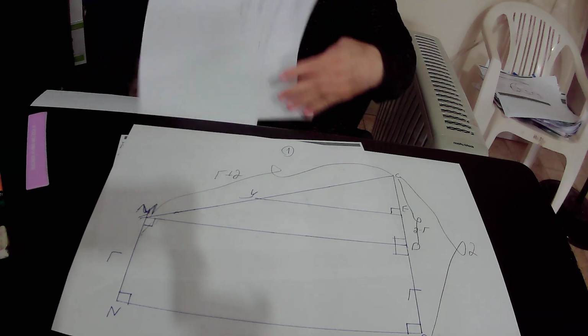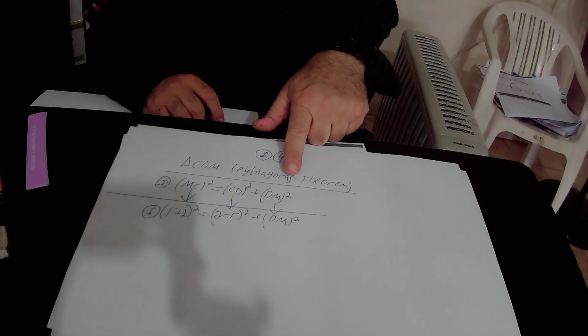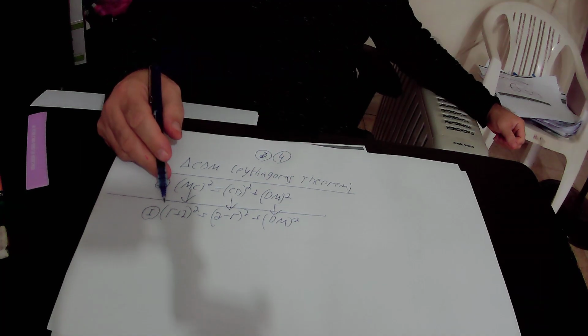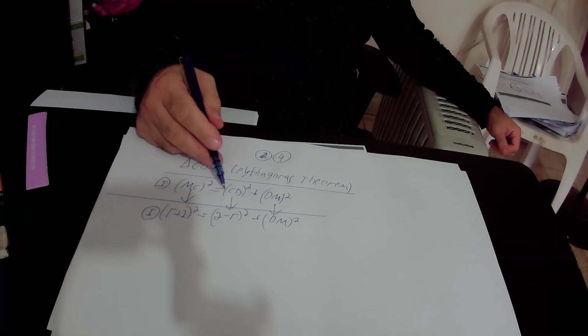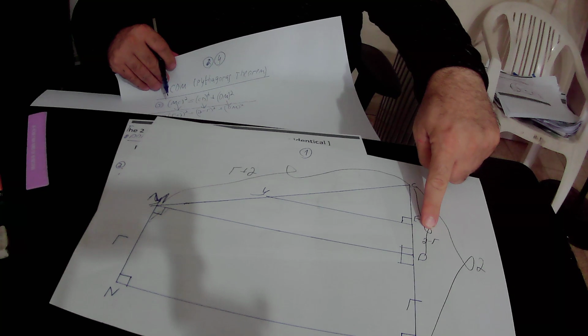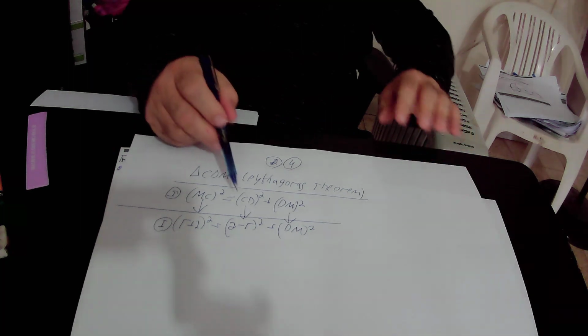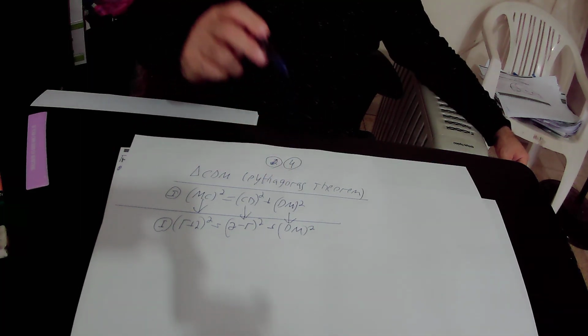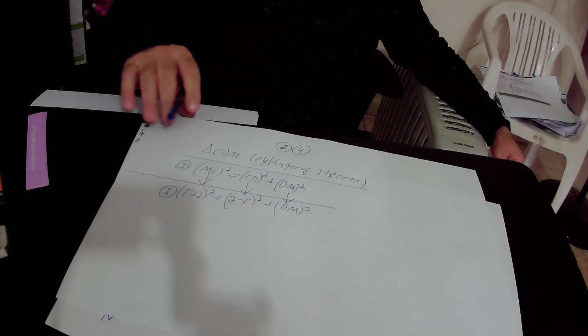I will repeat again. MC squared equals CD squared plus MD squared. MC equals R plus 2, so MC squared equals (R plus 2) squared, and it equals CD squared plus MD squared. CD equals 2 minus R, therefore CD squared will be equal to (2 minus R) squared plus MD squared. Here we will open the brackets on both sides of equation number 1, and we will get that